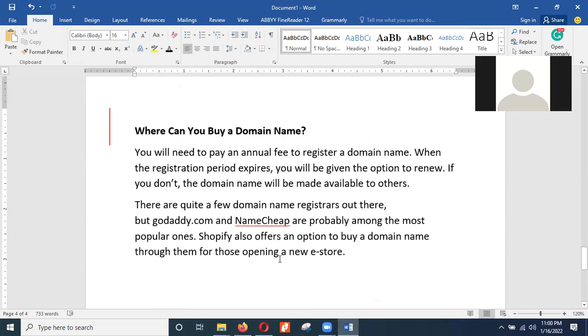Now, where can you buy a domain name? There are a lot of places you can buy a domain name, depending on the type of domain name and the type of business you are running. Assuming you are in Nigeria and doing a business that is not only for Nigerians, then you have to choose a domain name that everybody can accept. When you say .com.ng, it means that business is a commercial business based in Nigeria.